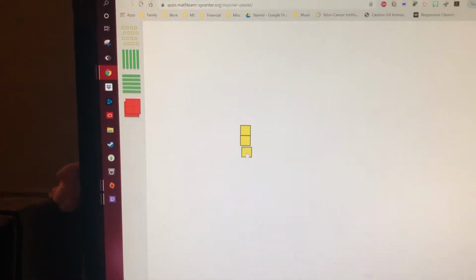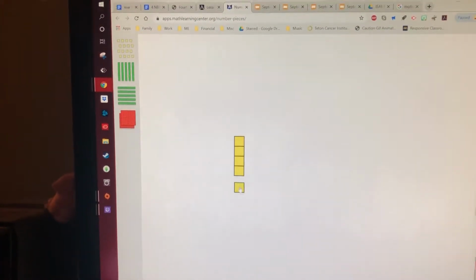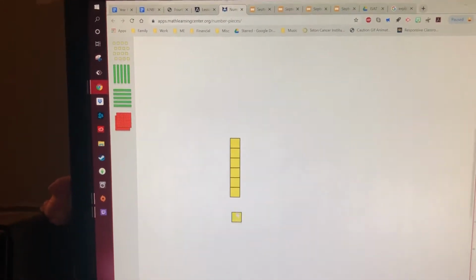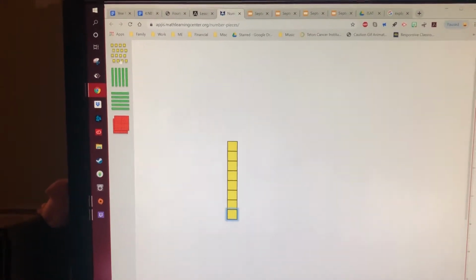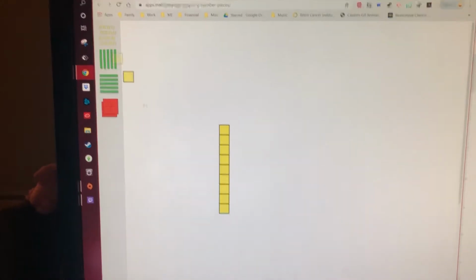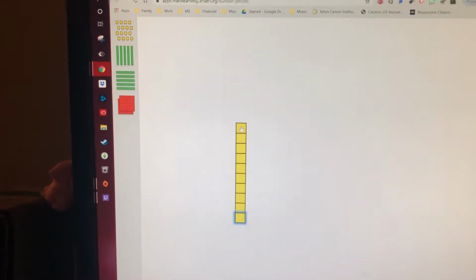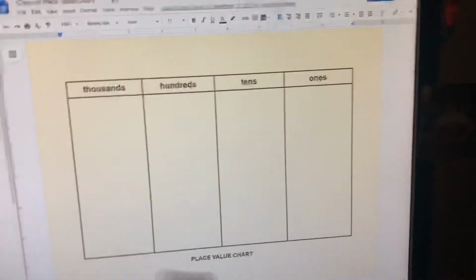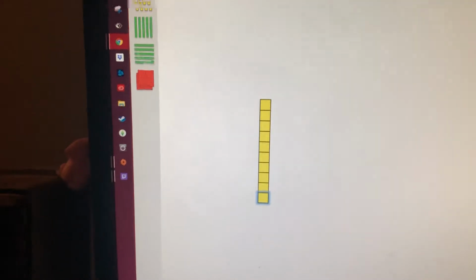Let's add 2, 3, 4, 5, 6, 7, 8, 9, 10. Okay, so I think I have made that 1 block. If I put 10 of them together, I can jump over to the tens column. Now, if this is a tens rod,